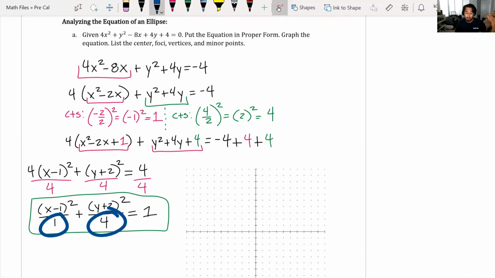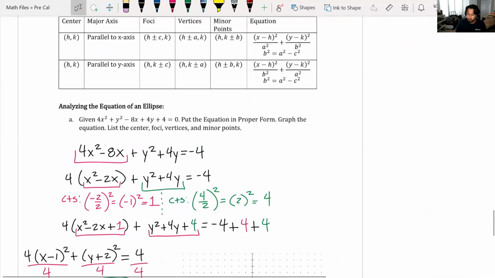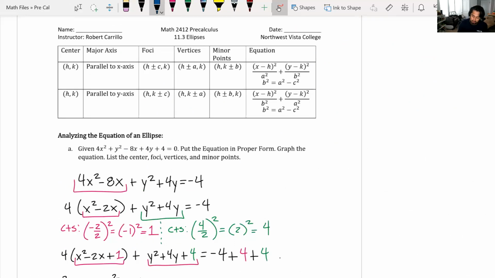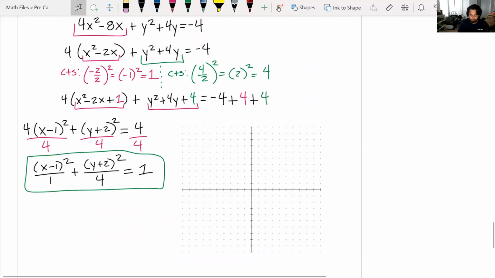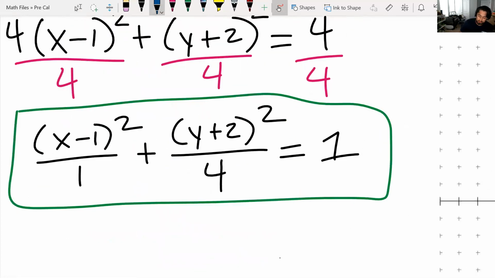And y has the bigger denominator, which means if you compare it to the equations above, if y has the bigger denominator, because remember a squared is always bigger than b squared, then we are parallel to the y-axis. So this is